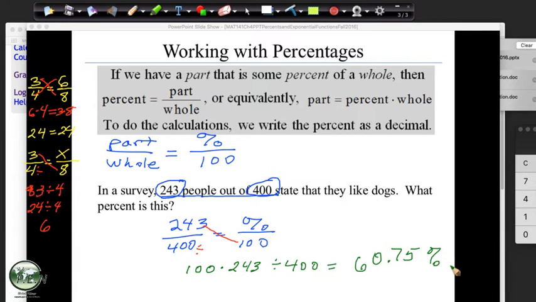Okay. And again, you may have learned a different way of doing it, and if you're comfortable with it, great. But I oftentimes find that when people do it the other way, they take 243 divided by 100 or 400, and then they get mixed up about which way to move the decimal and those kinds of things. This little system will take care of everything. And then once you get used to this system, you'll pick up shortcuts on your own that work with the way you see it. I think this is a way that'll do it if you set up every problem this way. So far, so good? Questions? Okay.